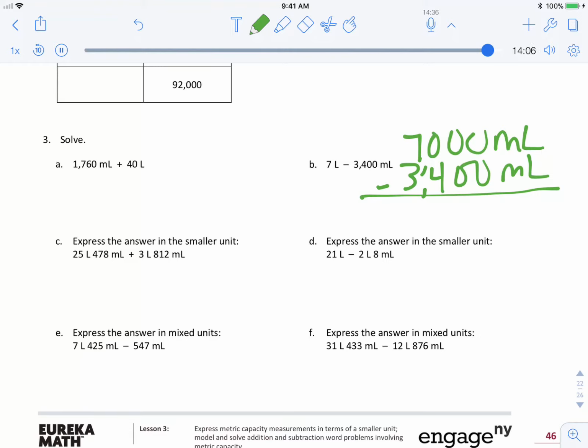Okay, and on C and D, it says express the answer in the smaller unit. The smaller unit would be